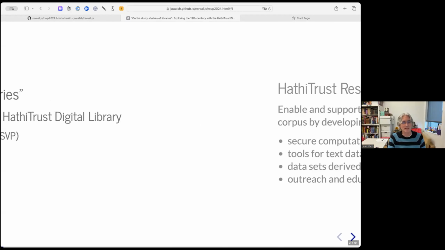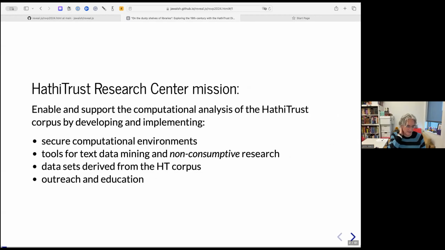So I'll jump right in here. I'm going to talk generally about the HathiTrust Digital Library and our research center, and then a couple of examples of some 19th century specific work that I've done. The research center is a subsidiary of the larger HathiTrust Digital Library,